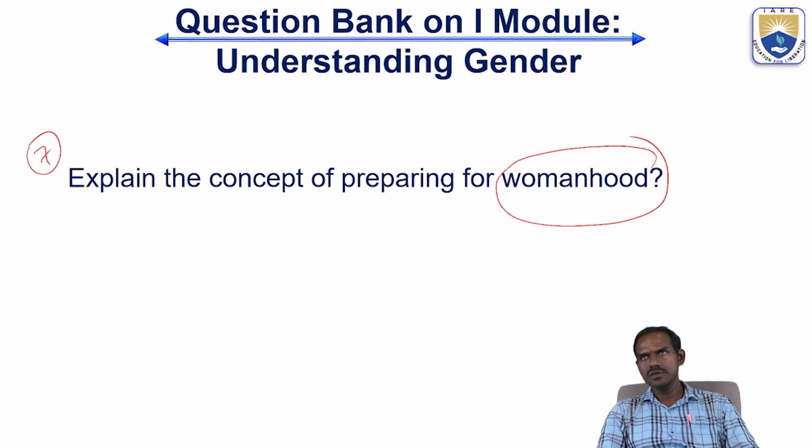Okay, so as a woman, after getting married, she will become a mother, and she has to take care of her child without the feeling of gender discrimination that she or he has faced in the earlier days. Okay, so gender should be created equally in the society. So that kind of mindset should be given to the child from childhood onwards. Then it will grow strongly in the mind, and they will not have that kind of mentality that both the genders are different. So that is the main function of womanhood.